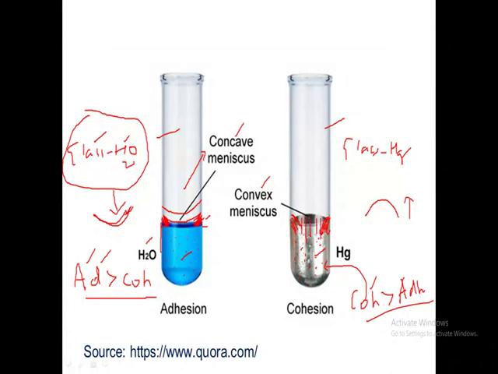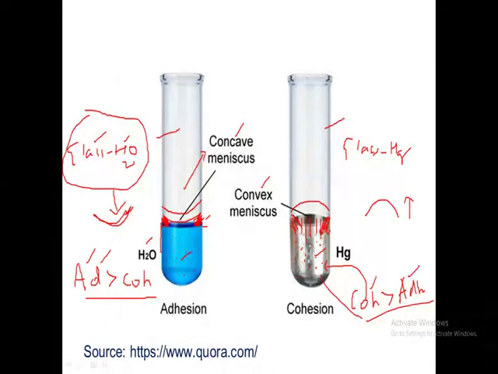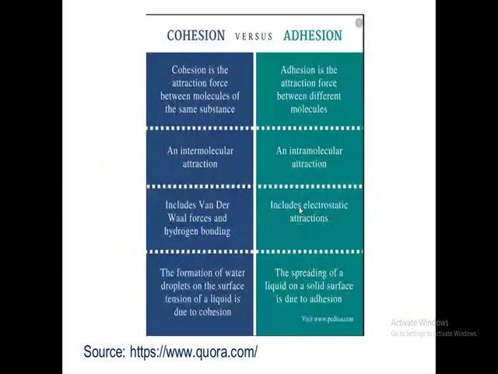As a result of this, what happens? The shape of the mercury inside this test tube is going to be a shape like this. It is going to take a convex shape. What is the reason? The cohesive force of mercury is larger than the adhesive force. Whereas here, the adhesive force is larger than the cohesive force. So this is the reason behind the concave shape of water and the convex shape of mercury in a test tube, right? Okay, next.